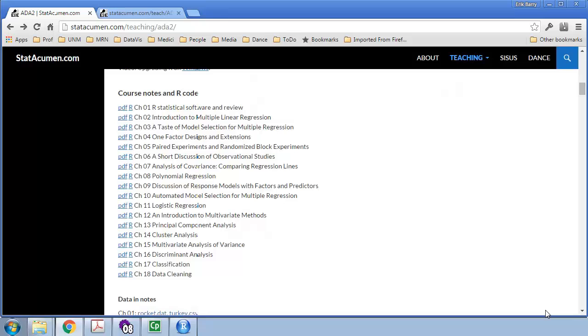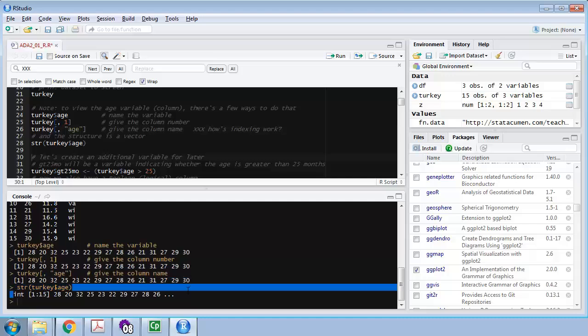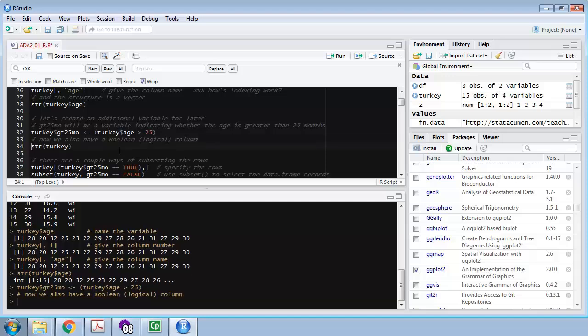I do recommend pausing the video whenever you need to, and spend time within R and run those lines and understand why the output is the way it is. Take those notes, and